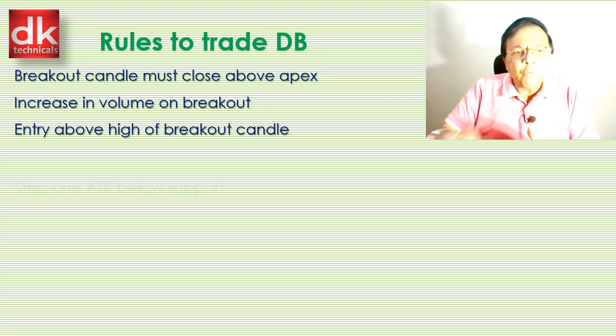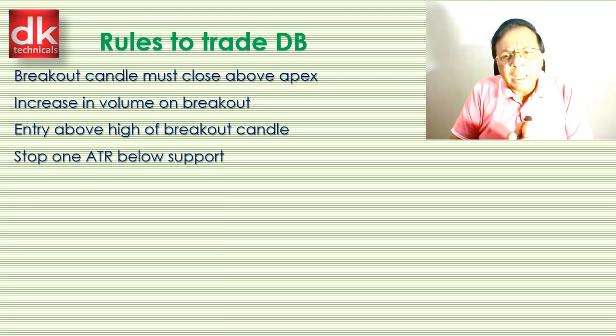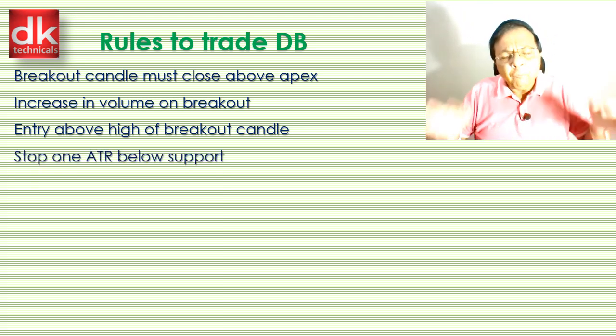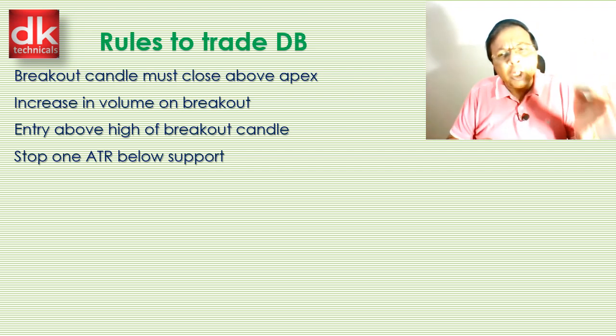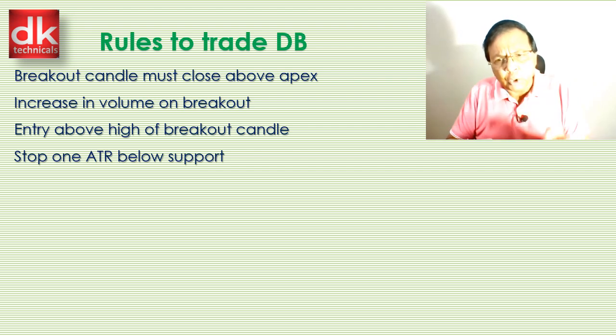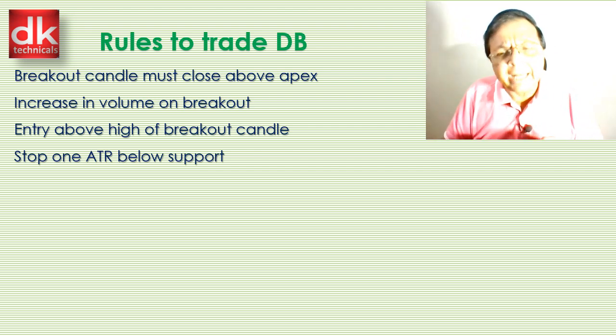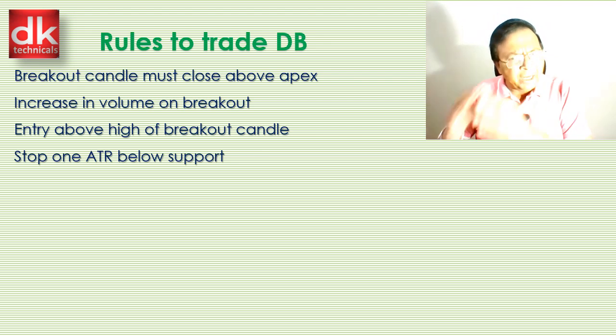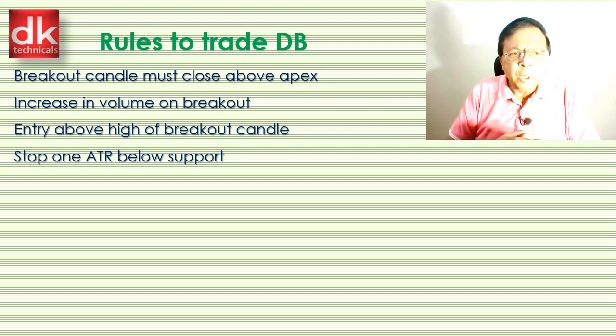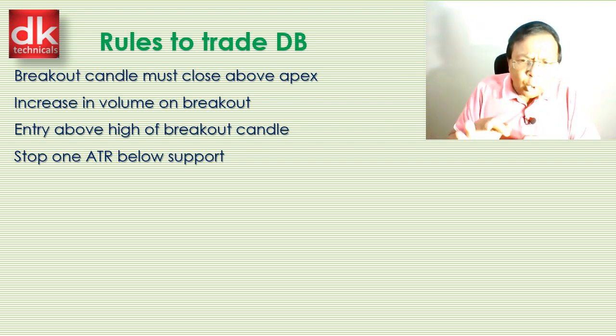And then friends, what should be our stop loss? Our stop loss would be 1 ATR below. ATR is an indicator, although I have not covered it yet under 0 to Hero, but in your charting tool you can select ATR and check the value of ATR. However, we will be covering it under 0 to Hero. So 1 ATR below the neckline would be our stop loss.